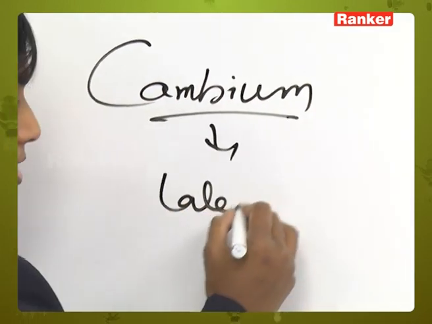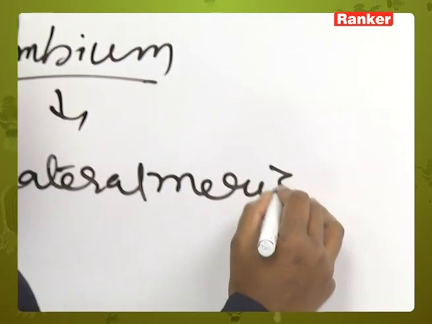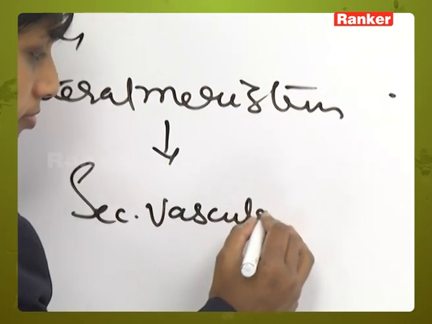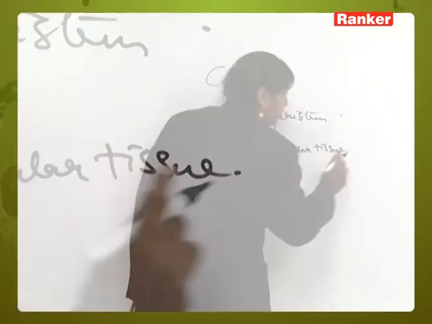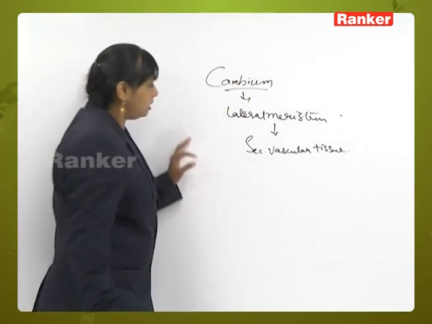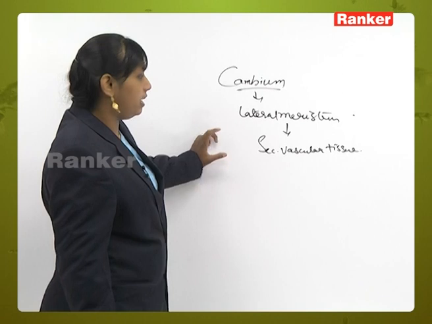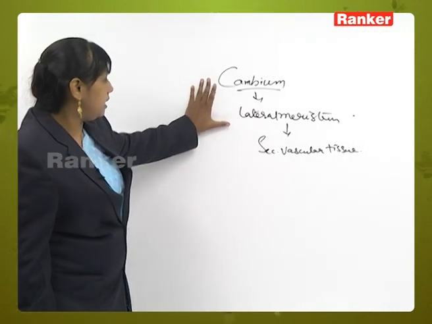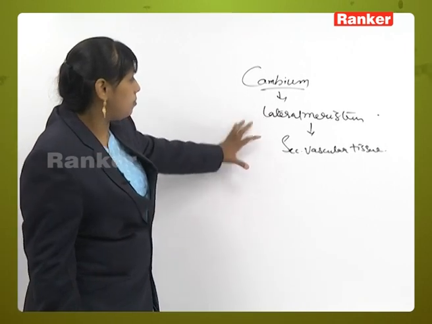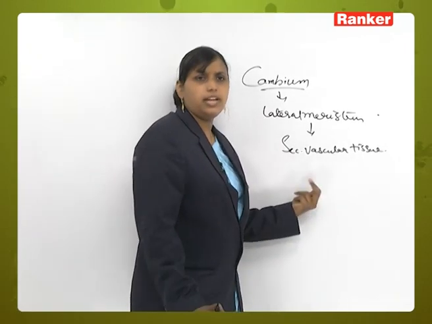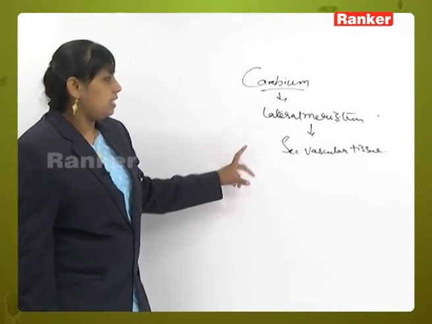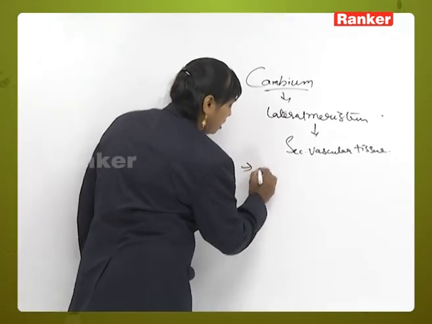So lateral meristem which gives rise to secondary vascular tissue is known as cambium. Now these bundles are present in the plant from the beginning, and after the formation of the primary vascular tissue, a portion of the procambium remains meristematic and undergoes division, and that may lead to the formation of the secondary vascular tissue, and that is nothing but the cambium. Now again, cambium is of two types, those are fusiform